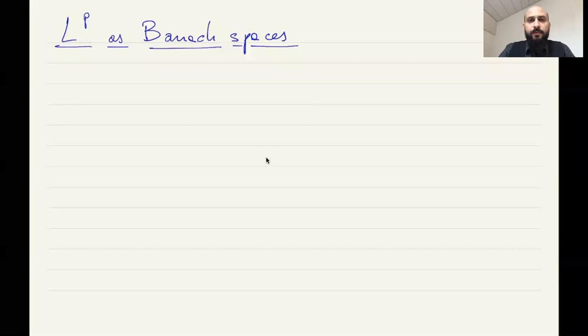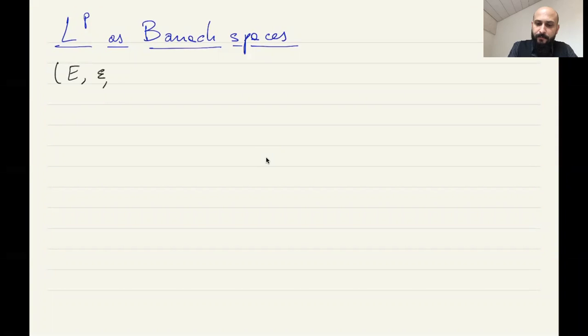We shall now prove that the space of p integrable functions on a measure space forms a Banach space. Namely, we have to prove that this normed vector space is complete. Okay, so what we do, we fix a measure space,